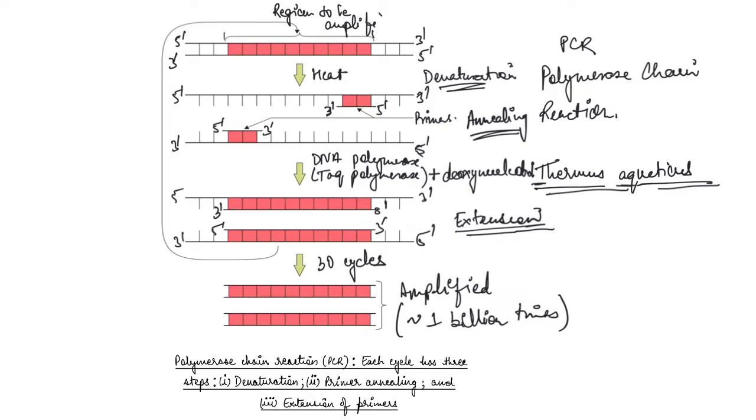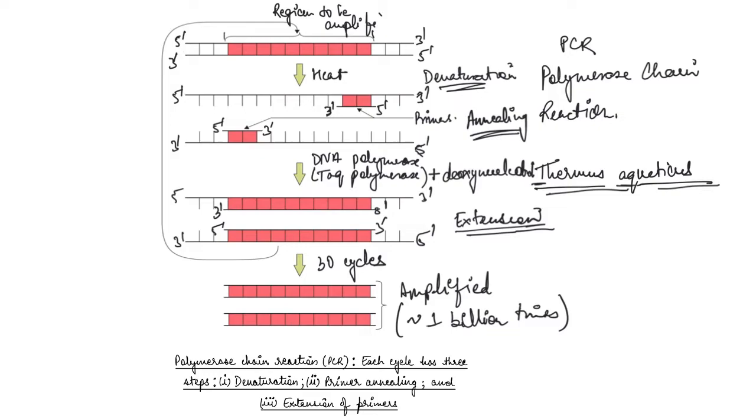So basically, polymerase chain reaction has three different steps. Denaturation, where you put it in heat, and the strands get denatured, get separated. Then you anneal the primers. So the next step is annealing. And then you add DNA polymerase and deoxynucleotides, and you complete the formation of opposite strands, and you keep doing it in cycles, and you produce many copies of the desired gene, right?